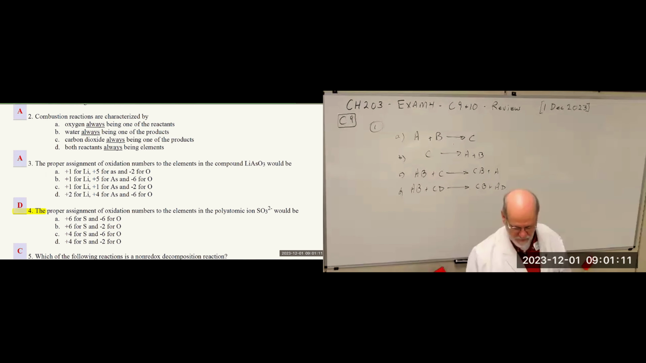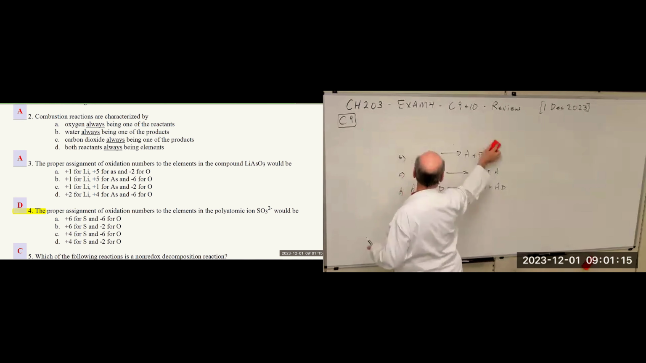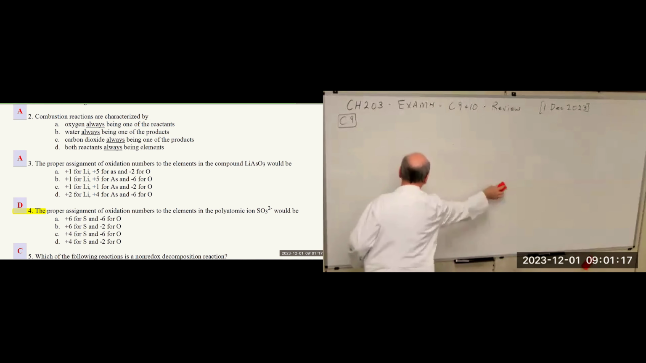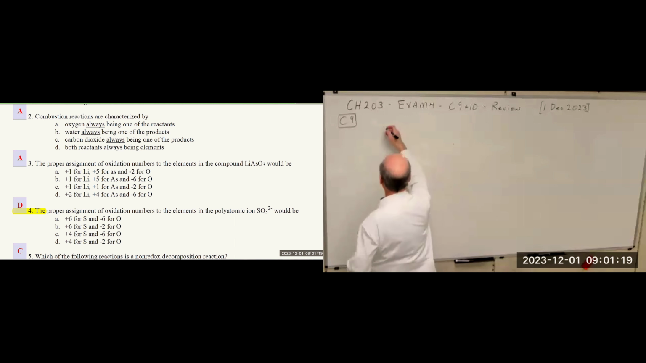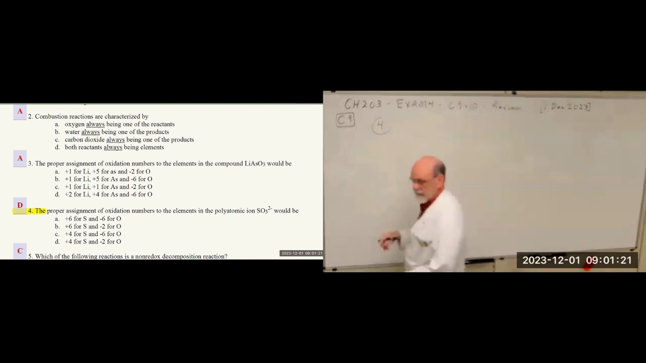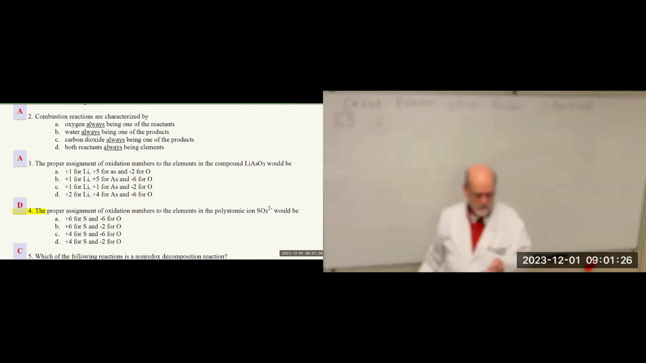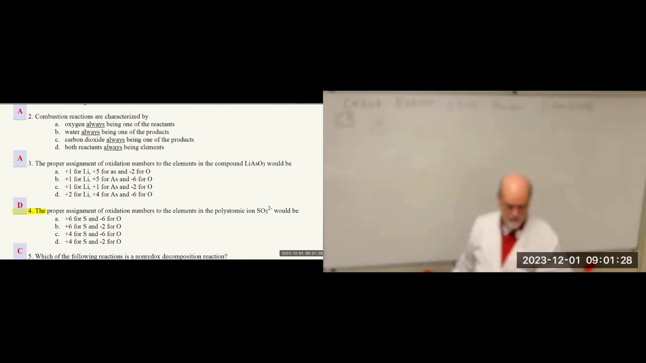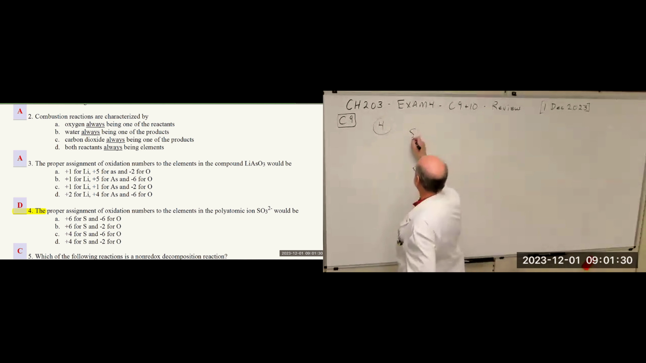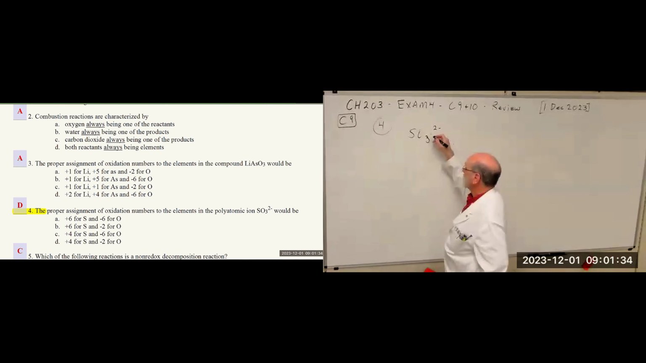So I'm gonna leave that down there so I can see it. Number 4. The proper assignment of oxidation numbers to the elements in the polyatomic ion SO3 2 minus. SO3 2 minus. Okay, so